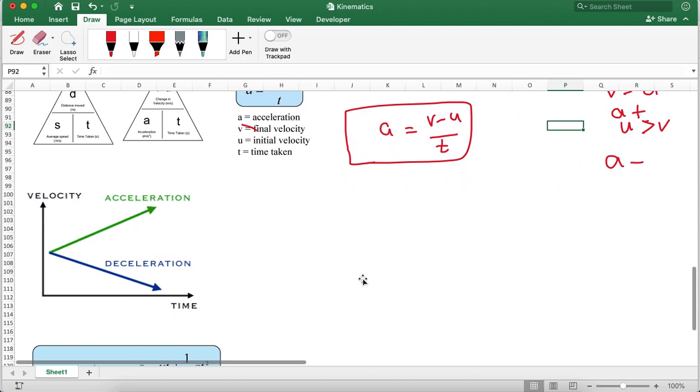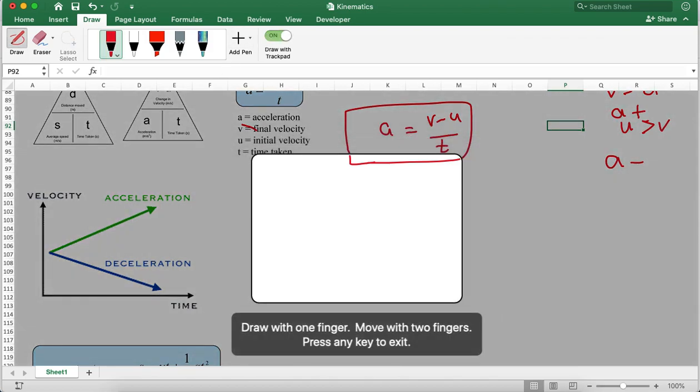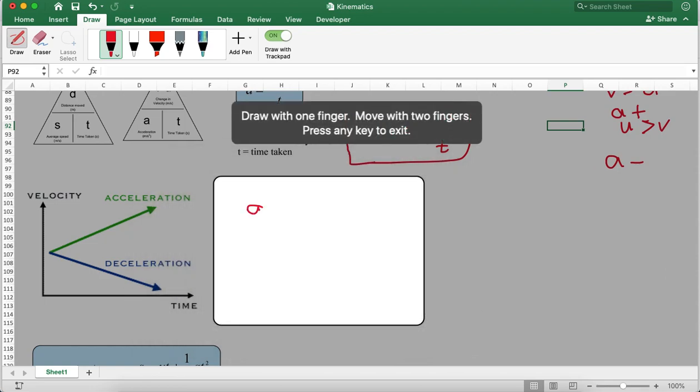If the acceleration is positive, that is known as acceleration. If the acceleration is negative, that can also be known as deceleration. So the negative acceleration will be represented as deceleration, and the positive acceleration will be represented as acceleration. And once again I will explain. If the acceleration is positive, the velocity increases. If the acceleration is negative, the velocity decreases. So this is the point that you need to remember.